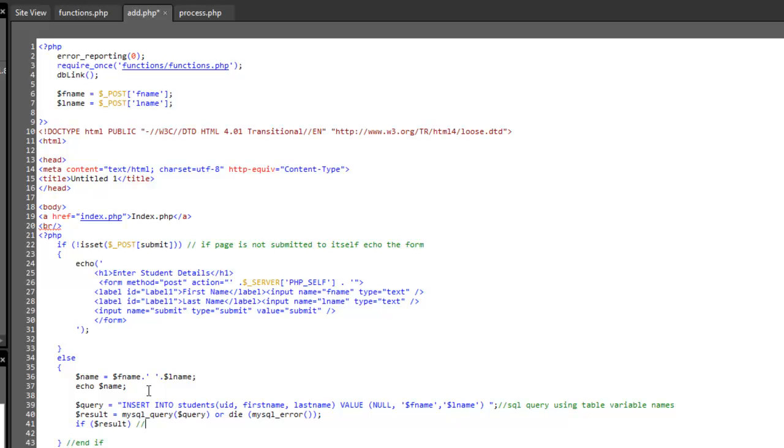Okay, so what that means is if the action is successful, result will equal 1, otherwise result will equal 0. 1 equals true, 0 equals false. Okay, so if result, so if true,